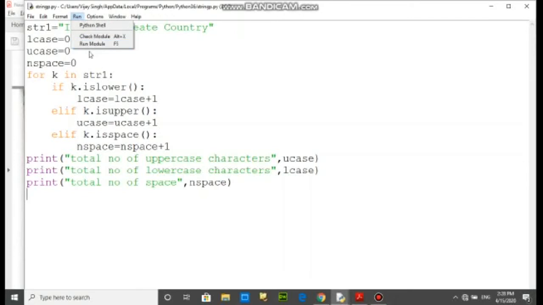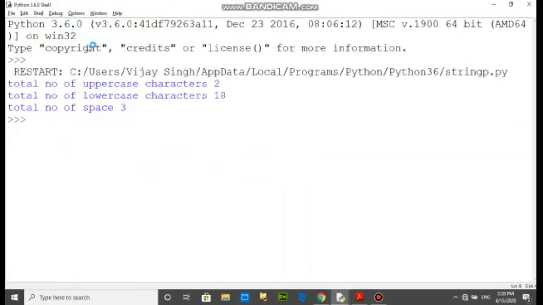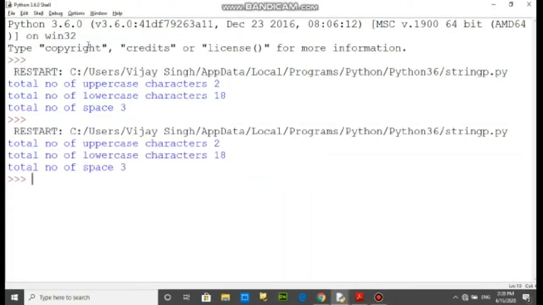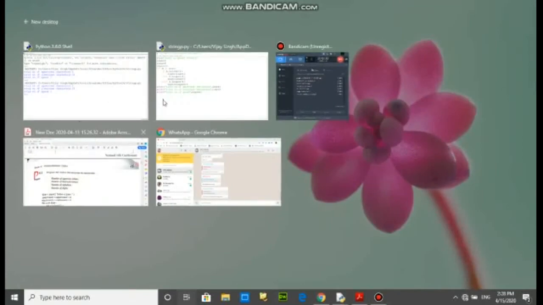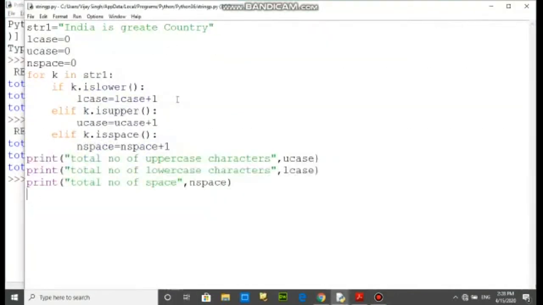Execute this program. So total number of uppercase characters 2, total number of lowercase characters 18, and total number of spaces 3. So this is the program.